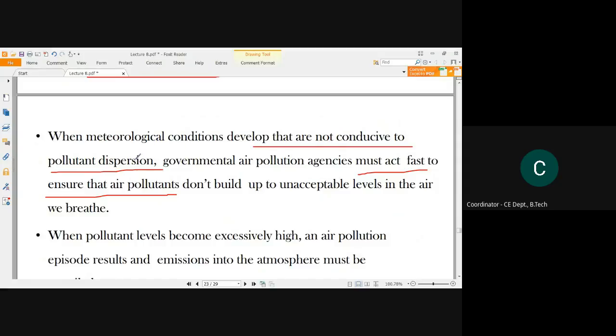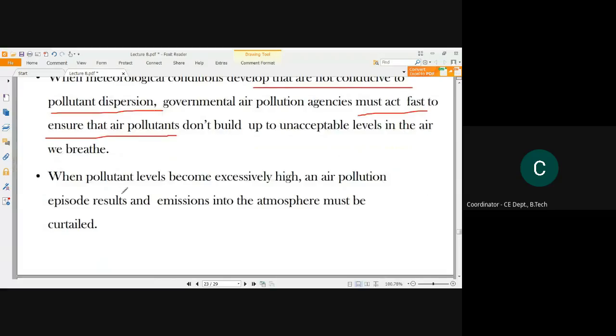तो अगर देखा जाता है कि मेटीरियोलॉजिकल कंडीशन कोई ऐसा डेटा या फिर पॉल्यूटेंट डिस्पर्शन क्रिएट हो गया है जो कि बहुत ही हार्मफुल है, तो उसका मेजरमेंट लेने के लिए या फिर जो कि मतलब एयर पॉल्यूशन और भी इंड्यूस कर सकता है, उसका पर्टिकुलर मेजरमेंट लेने के लिए वहाँ के जो बोर्ड या फिर अथॉरिटीज है वो उसी समय प्लान करने लग जाते हैं कि वहां पे जो साइट पे उसी लोकेशन पे आसपास में जो इंडस्ट्रीज है या फिर ट्रांसपोर्टेशन व्हीकल एक्सपोजर है उसको कैसे लिमिट किया जाए या फिर कंट्रोल किया जाए। Okay, so when pollutant